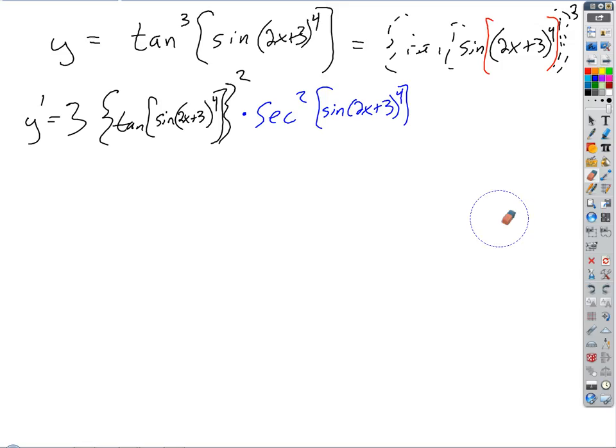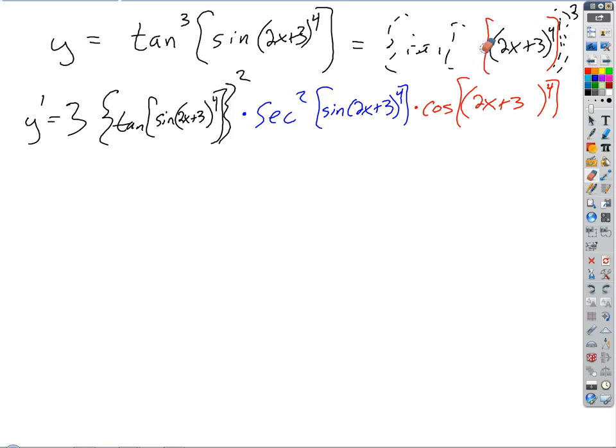Yeah, so many parentheses. But if it was sine of 2x plus 3 to the 4th, then it would be sine of that. So the next layer would be the derivative of sine, which is what? Cosine of that. So we've got cosine of that, which is 2x plus 3 to the 4th, right? So we peel away the next layer. We peel away the sine layer,